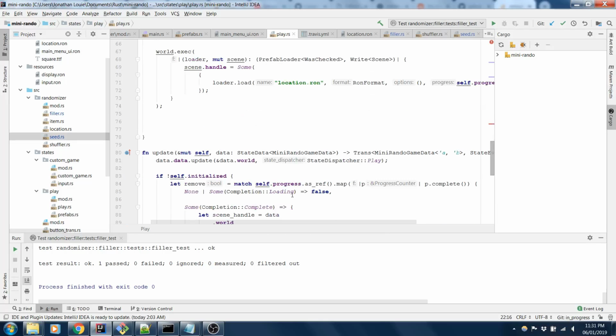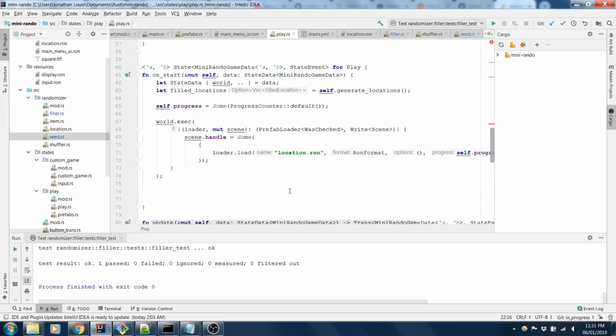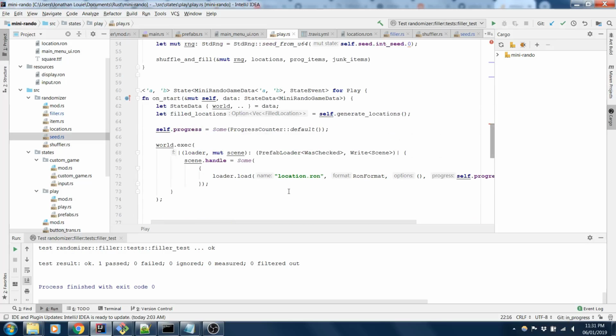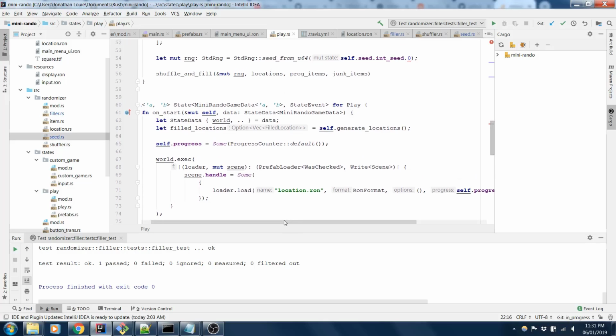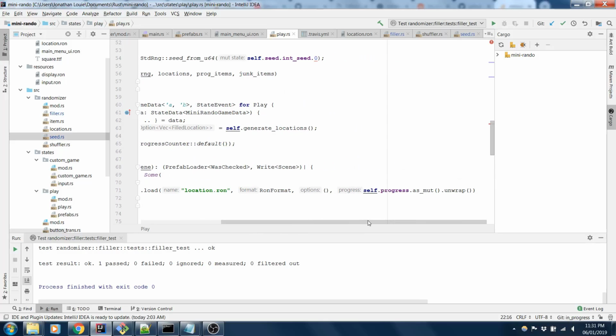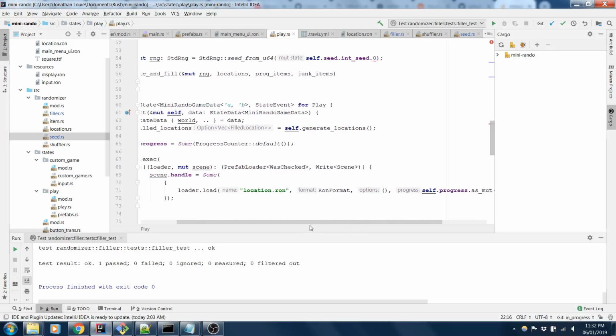I guess that technically is what ECS is. It's almost like you're running a separate language in some kind of VM. I don't really know how to describe it, but